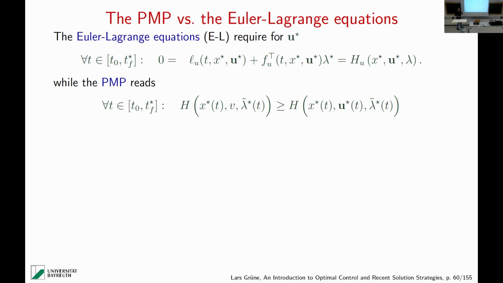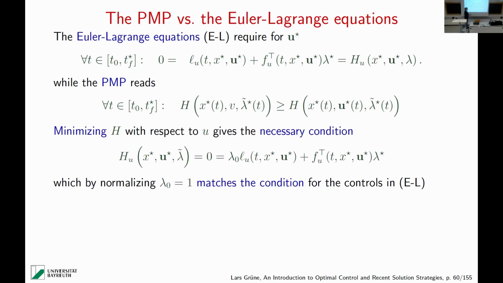But this also means that if they are minimizers, and if there are no constraints, like in the Euler-Lagrange equations, then there must also be a local minimizer in the classical sense, because there is no boundary of the set of control values. And this means that the derivative of h with respect to u should vanish here for each point. And then we actually get this as a necessary optimality condition, that the derivative vanishes. And then you see that we have exactly the same condition. And if we then normalize lambda 0 to 1, we actually get the same equations as in the Euler-Lagrange equation.